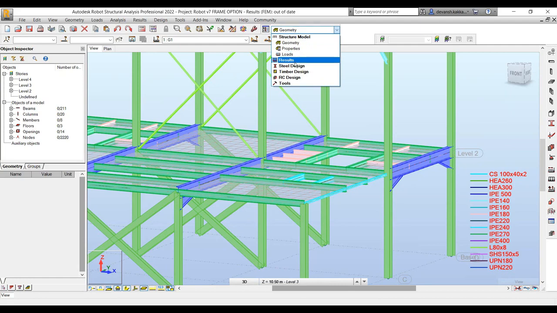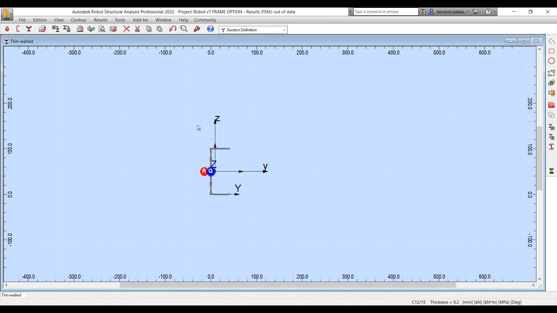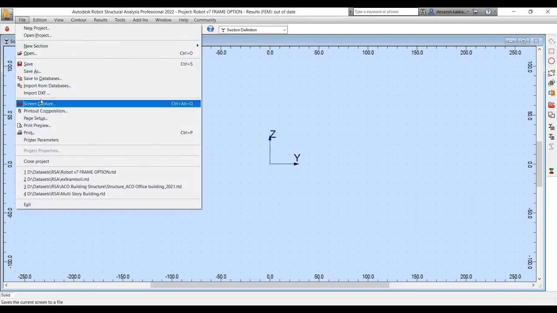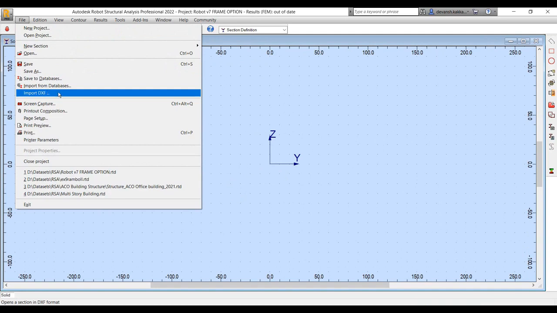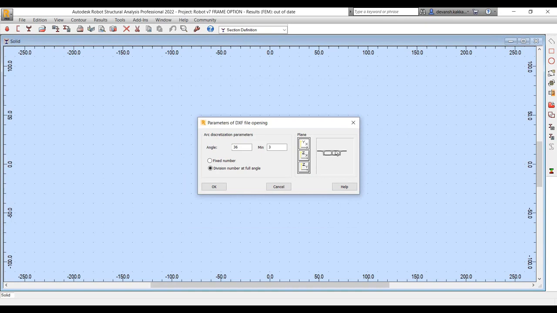There is another interesting method which is available, which also saves us a lot of time in terms of creating these complex sections. So in case I have an AutoCAD drawing of the section that I want to create, I can just simply import that CAD layout as a DXF within the Robot environment, and Robot automatically converts the drawing into a section. So you have this import DXF tool. In this case, I have just taken an example of a simple box girder that we make use of in different types of bridges. You can define some basic parameters for conversion of information from DXF into the Robot environment.